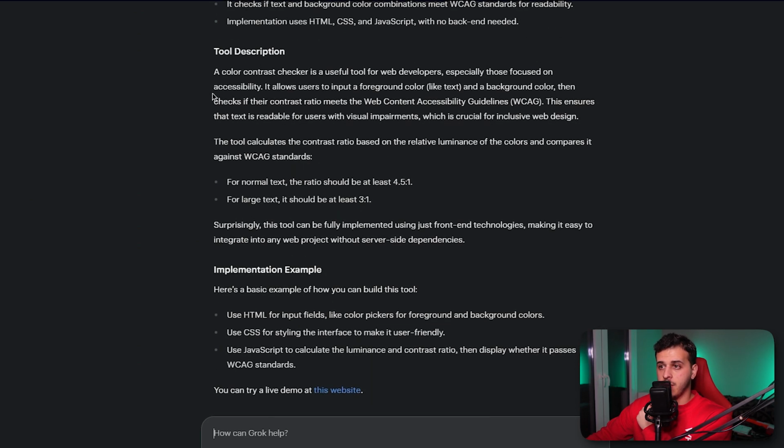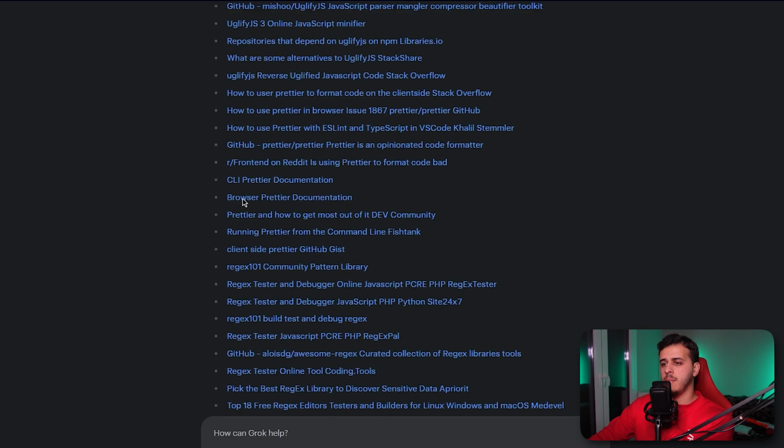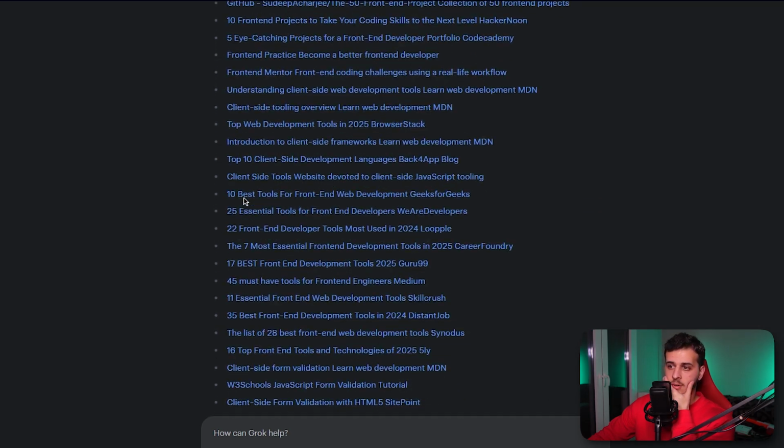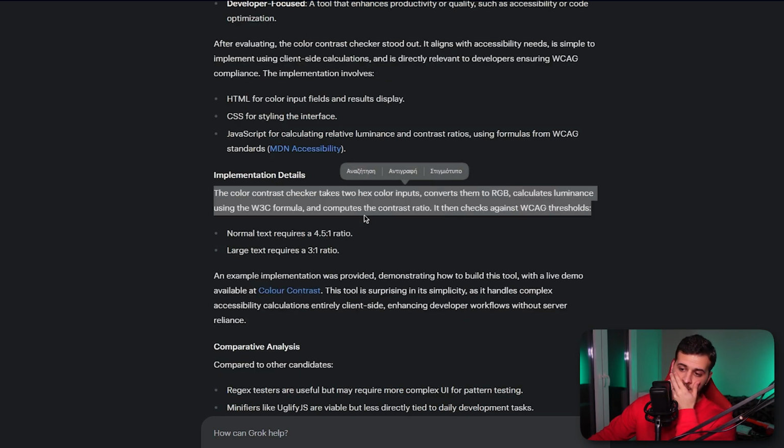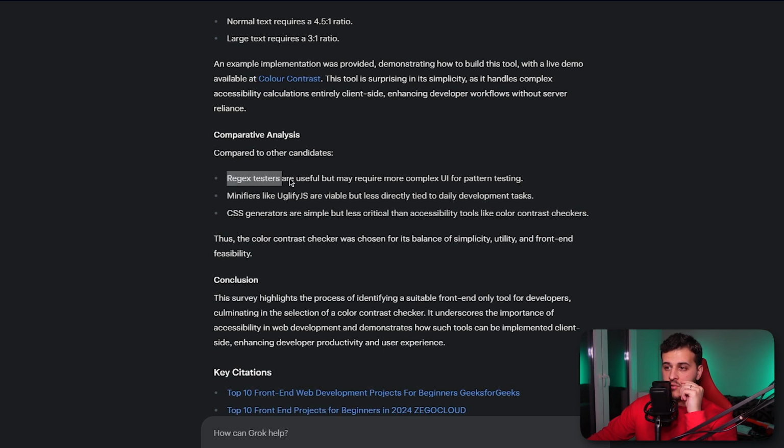So let's see the result. Tools description. Okay, so a color contrast checker is a useful tool for web developers. Okay, implement. Oh, and gives all of the references over here. Wow, that's amazing. Okay, so implementation details, comparative analysis, regex testers are useful. All right, minifiers like Uglify.js are available. All right, thus contrast checker was chosen for its balance of simplicity. Go ahead and implement